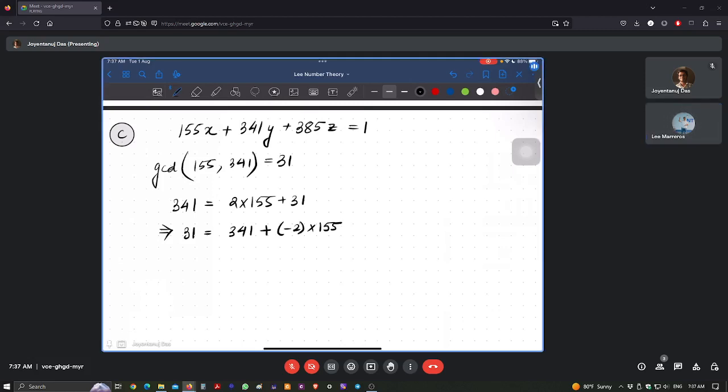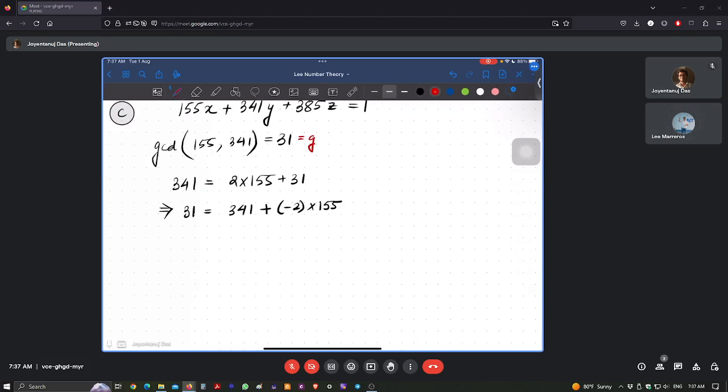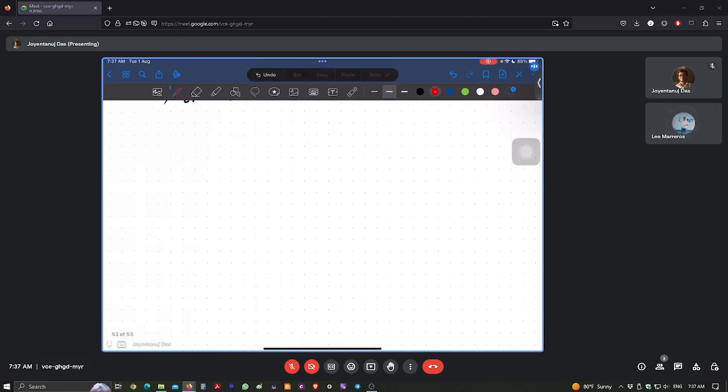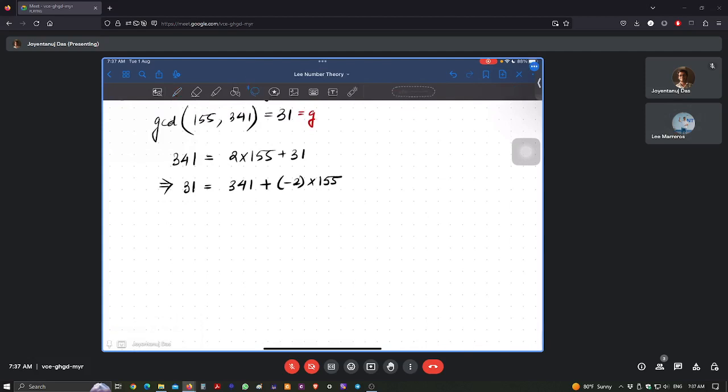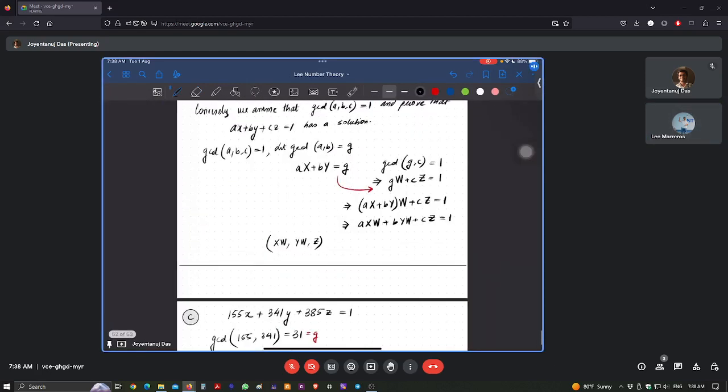Yes, right. So this is our G according to part B, right? So the next step is to find our X and Y, capital X and capital Y, right? Okay, so let me write it down more clearly. So this is actually 1 times this thing. So this is my capital X and this is my, I think the other way around. Yes, so this is Y and this is X, right? All right. So now the next step is to find the GCD between G and